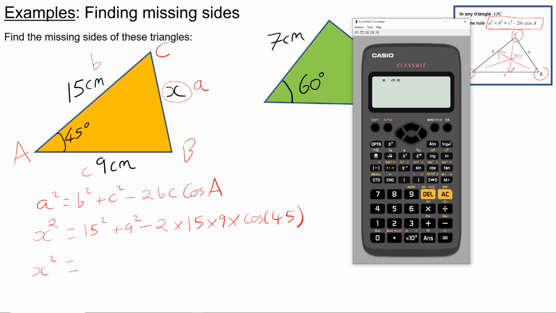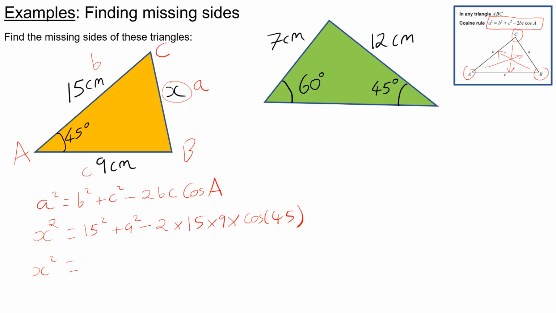So let's have a look at this now. We can put in 15 squared plus 9 squared, take away 2 times 15 times 9 times cos 45, close bracket. This gives you 115.08,